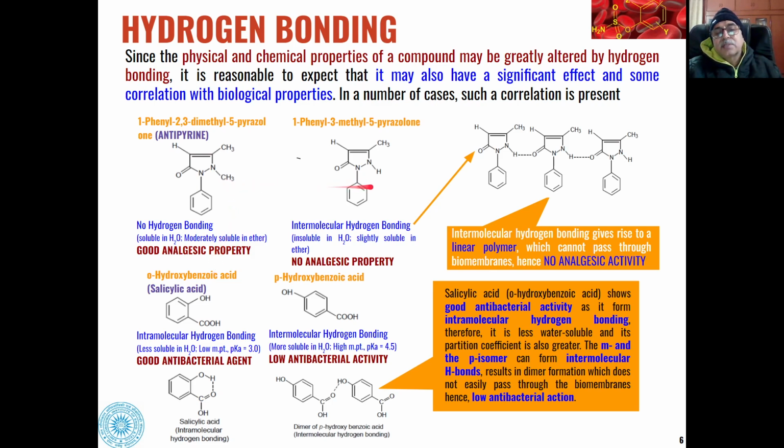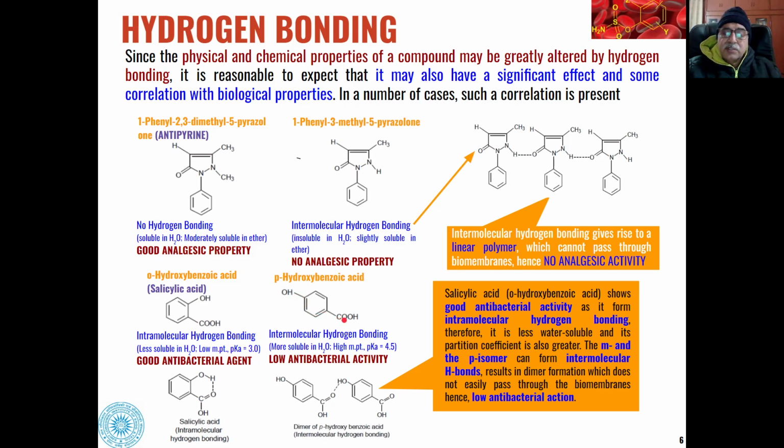So this example clearly shows the effect of hydrogen bonding on the biological activity of the molecules. Similarly, if we compare the biological activity of orthohydroxybenzoic acid and para-hydroxybenzoic acid, you can see that this molecule is having an intramolecular hydrogen bonding, whereas this molecule having hydroxyl and